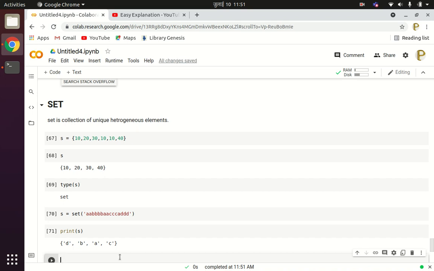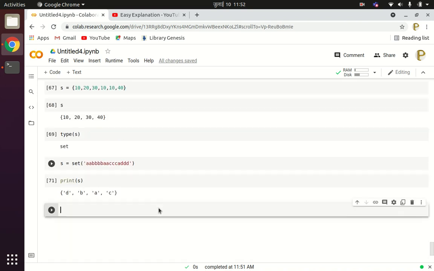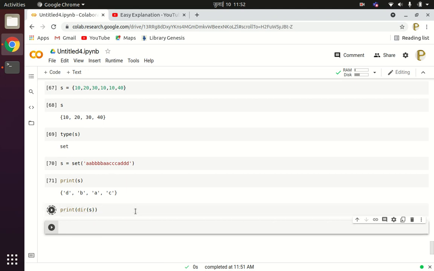Now let us understand what are the different methods available for the set data structure. So you can write print dir of S and see the methods that are available for the set class.